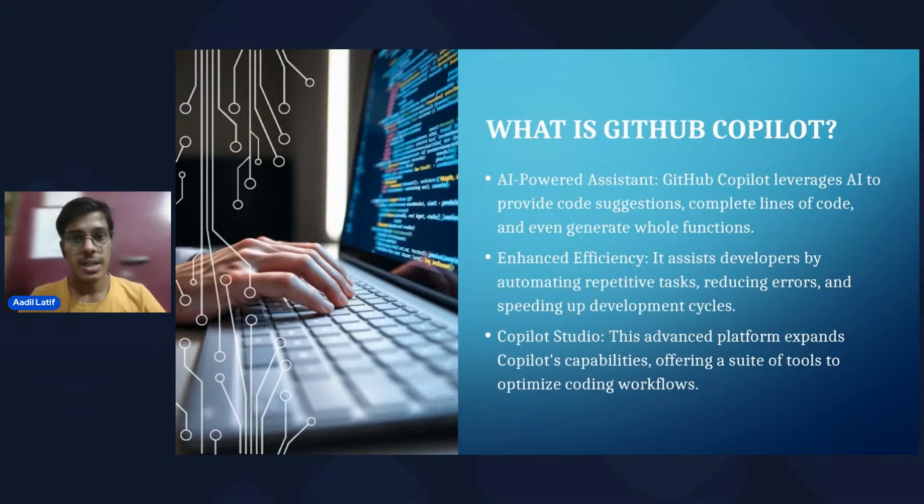So, what is GitHub Copilot? Firstly, we have to discuss GitHub Copilot. GitHub Copilot is an AI-powered assistant that leverages AI to provide code suggestions and complete lines of code without us typing them. If we use GitHub Copilot, it will suggest how we can write the code. It will help you complete lines of code and even generate a whole